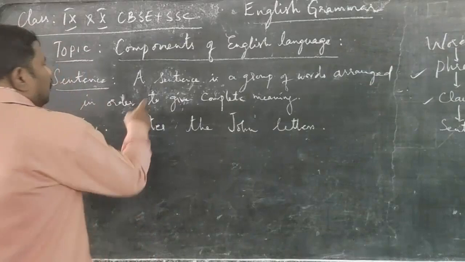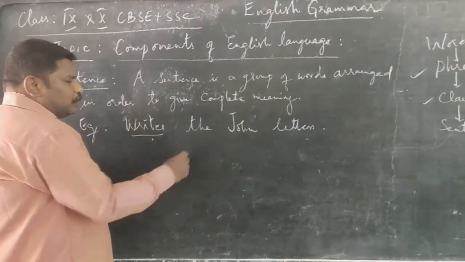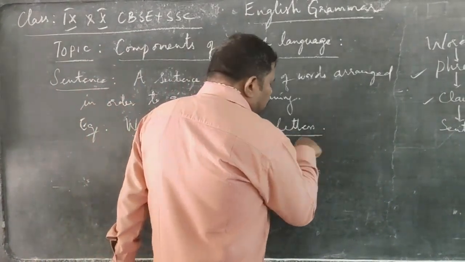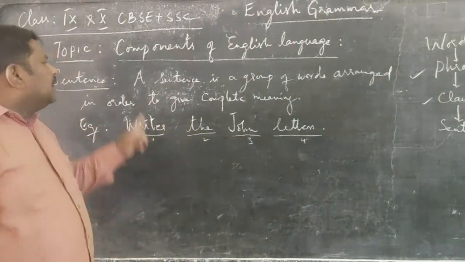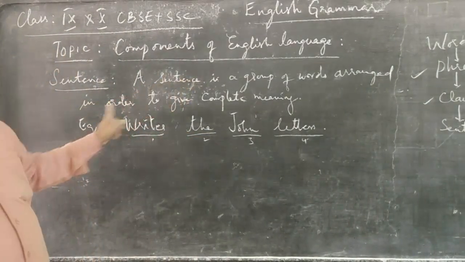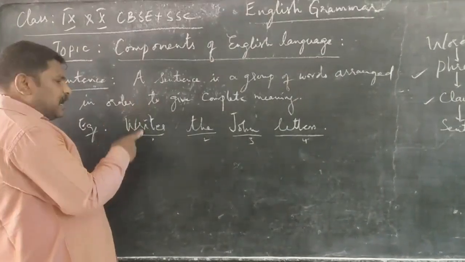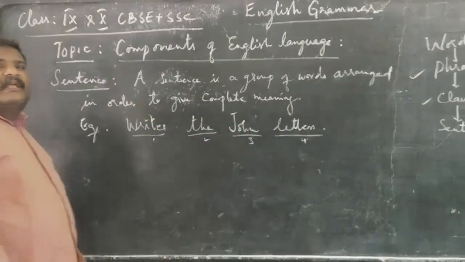Now, if you look at this, this is a set of one word, two words, three words and four words. A sentence is a group of words arranged in order. Now, if you take this example, writes the John letters,